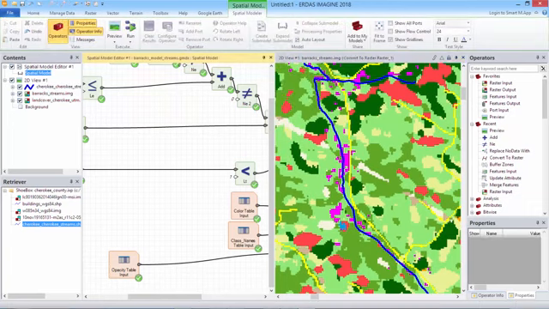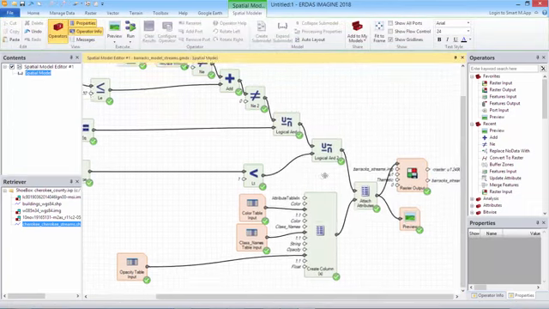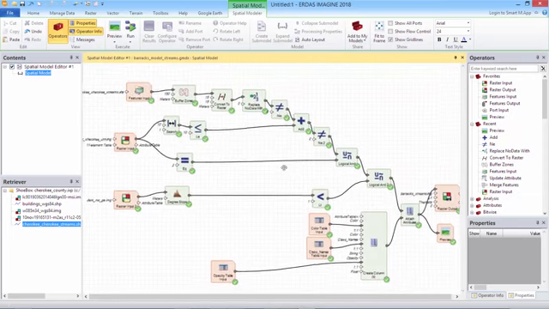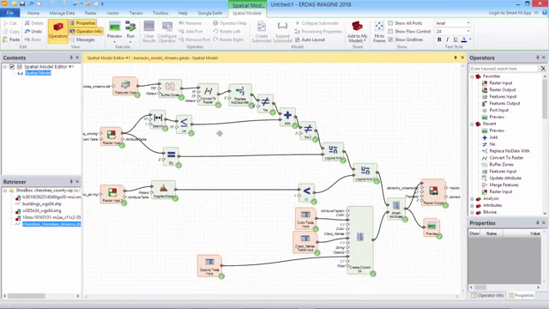So let's go ahead, we can close that off, zoom out a little so you can see the entire model. And there we have it. There's our final site selection analysis, combining both raster information inputs and vector information inputs, and performing a GIS analysis